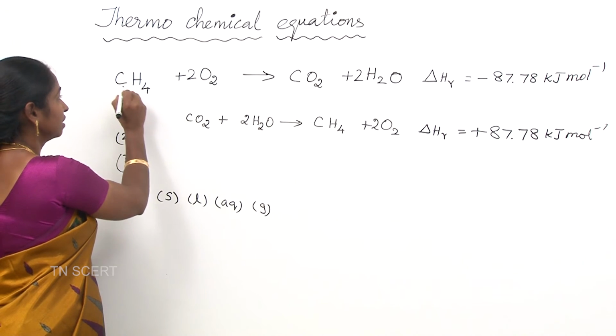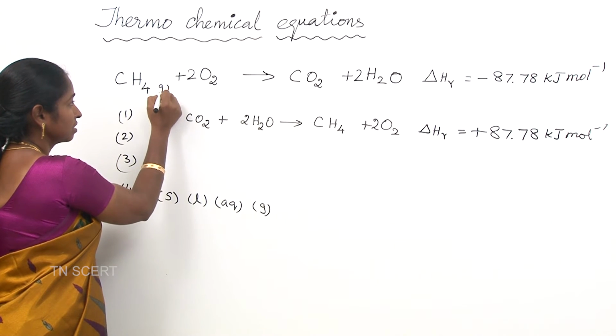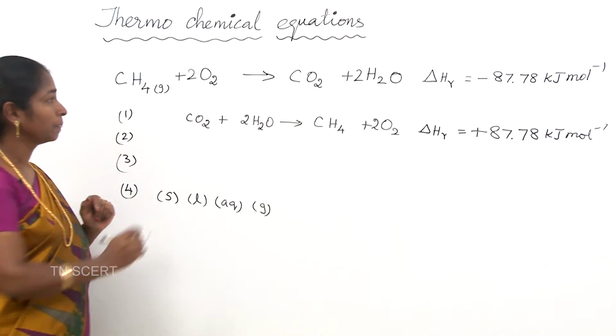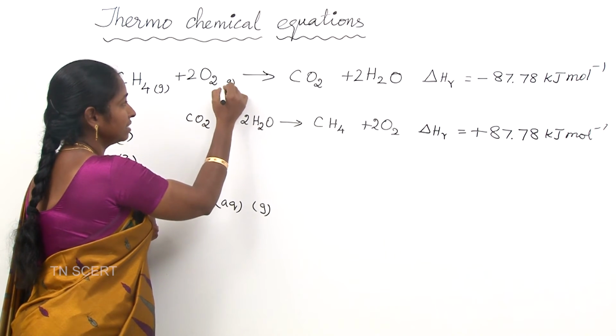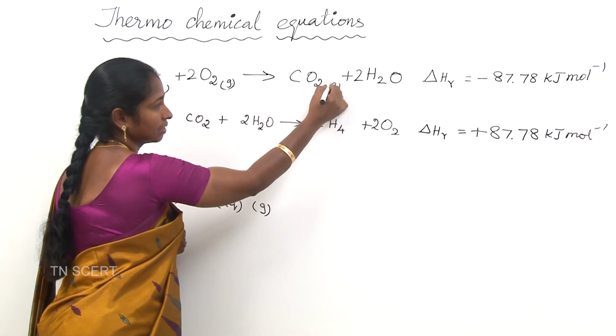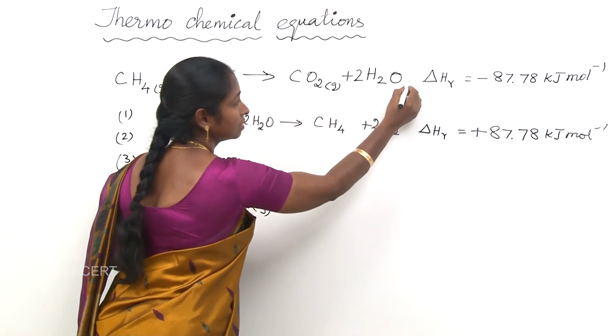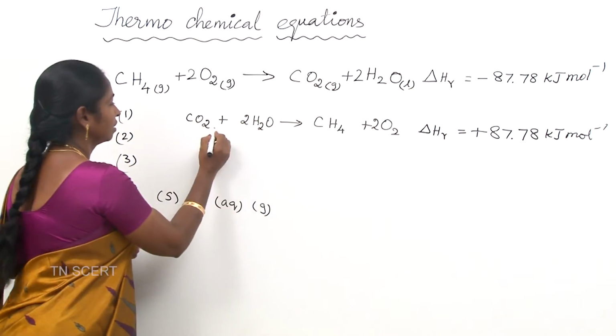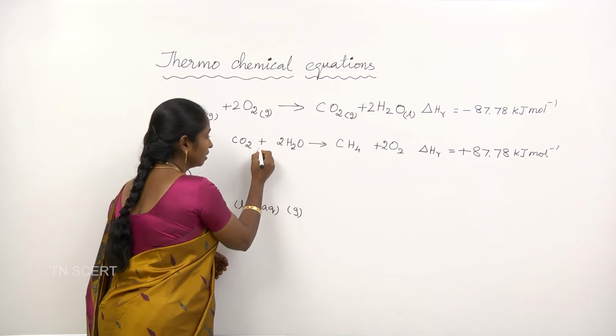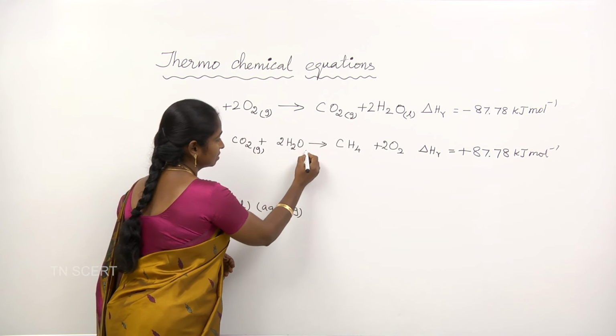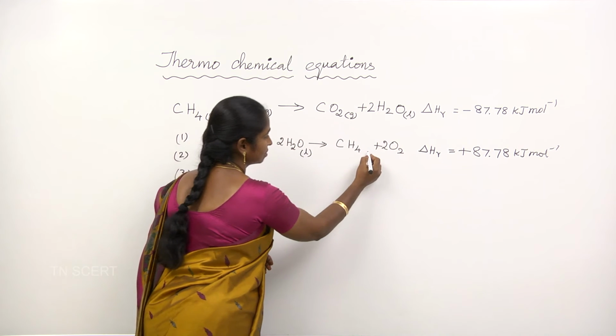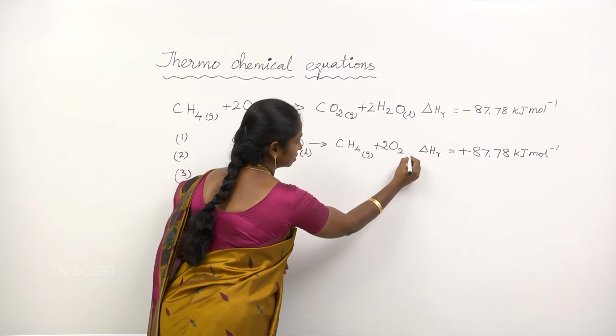Let us write this. CH4 is a gas, so put G here. Oxygen is also a gas, carbon dioxide is a gas, and water is a liquid. Similarly, carbon dioxide is a gas, water is a liquid, CH4 is a gas, and